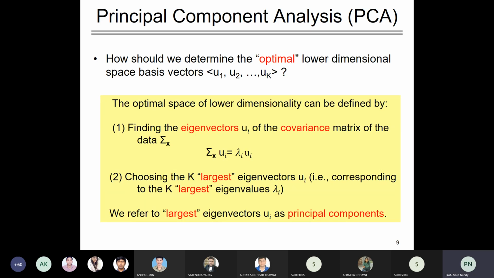We refer to the largest eigenvector u1 as the principal component. It is a vector, so you will have a direction and you will have a value. The value is the eigenvalue, lambda 1, and you have a direction. That is called a principal component. It is none other than an eigenvector, which means it is a direction that has the maximum variance in that direction. And these eigenvalues that you have are the diagonal elements. So you can choose it in this way.